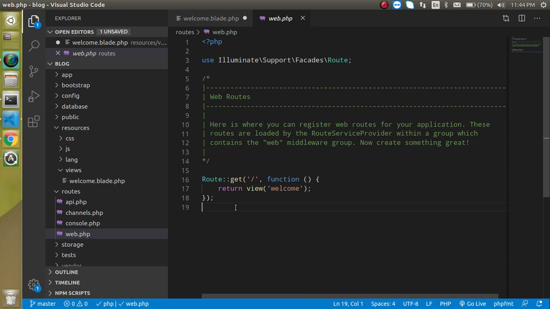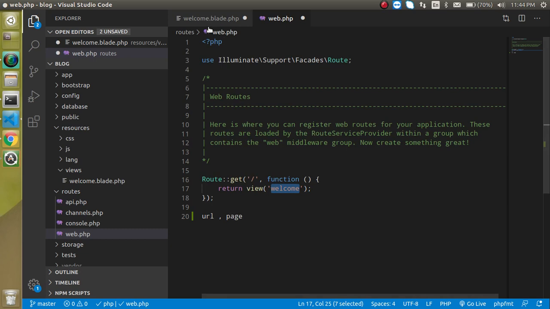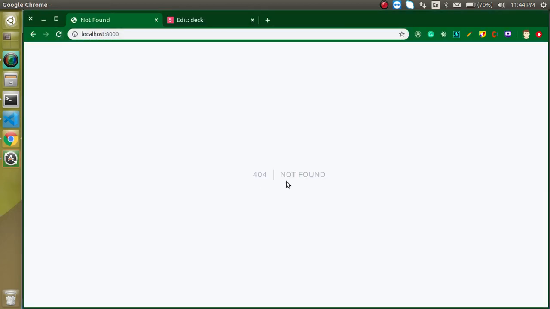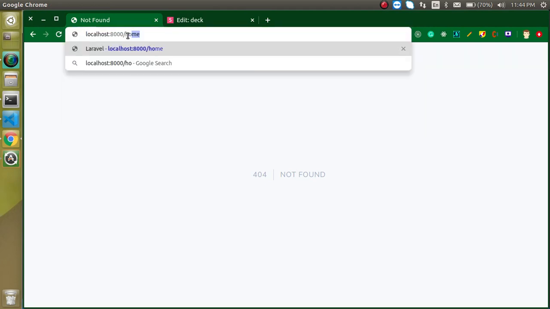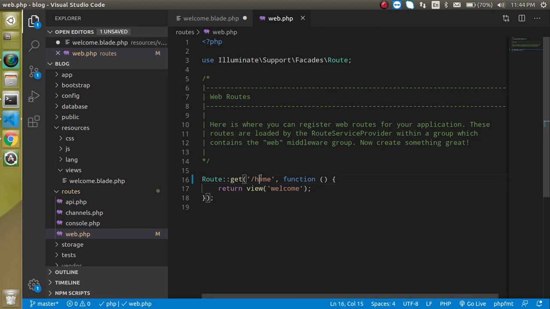As I told you, there are two things in every routing. One is a URL, another is a page. So welcome is a page. Here you can see that welcome.blade.php is a page, and the root route is the root URL, right? So let's take another example. Let's make a URL home and the page will be the same here, right? Now let's open home. Before that it will give you the 404 error like this. And if you open home now, then you can see it. So we just created a routing for the welcome page on the home URL, right? So this is basically a default routing.